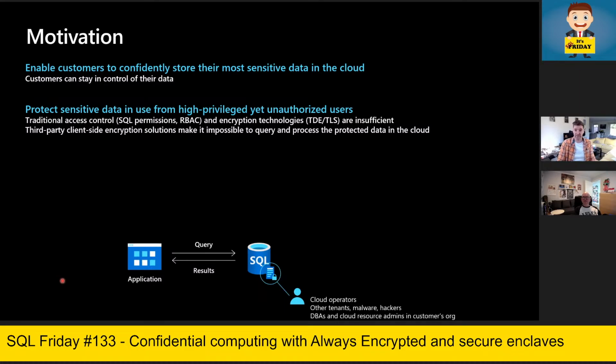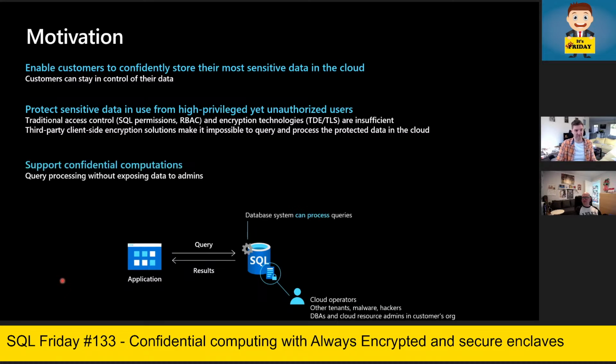And sometimes these databases just contain sensitive information. So you don't want to have that everybody that has access to your database can also see the data, right? So you need to protect your data from unauthorized users. Even high privilege users like DBAs, domain administrators, me as a consultant, we should still be able to manage the data, but we shouldn't see the data, right? And that's one of the motivations why we developed Always Encrypted.